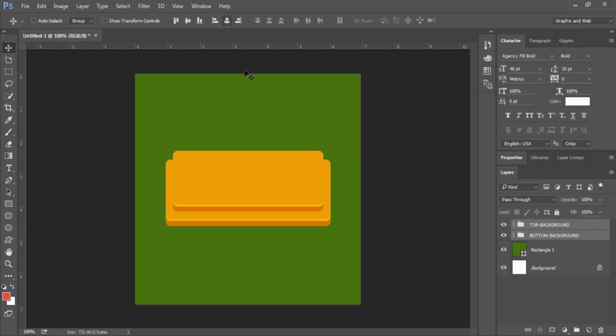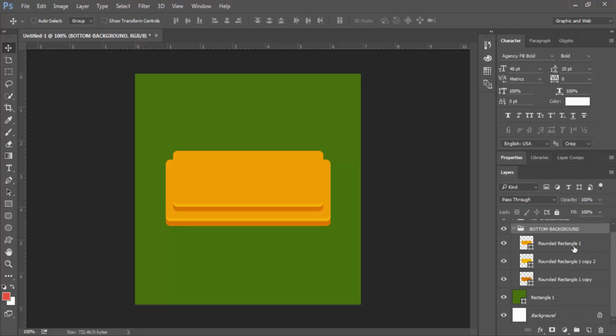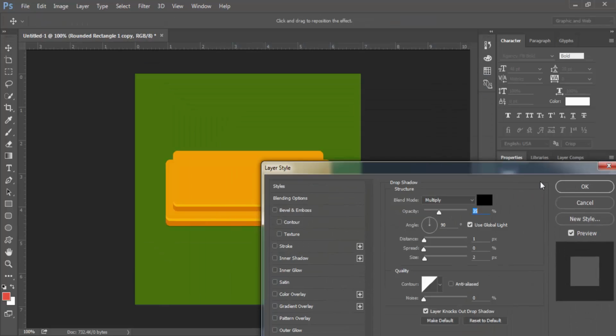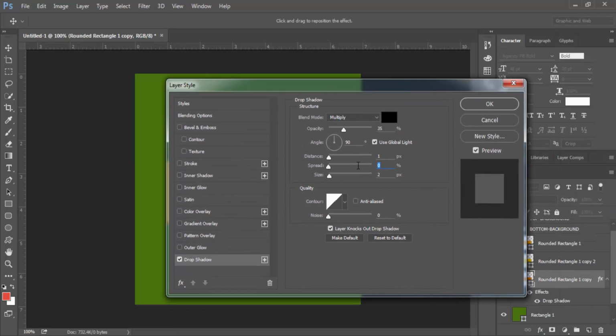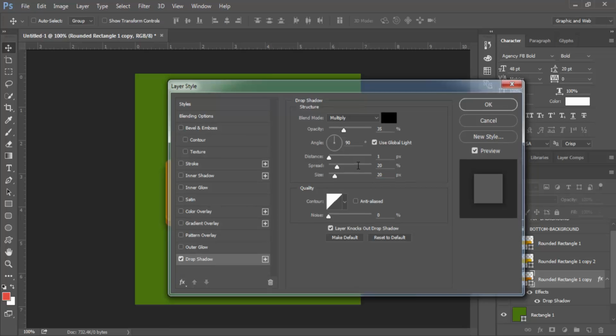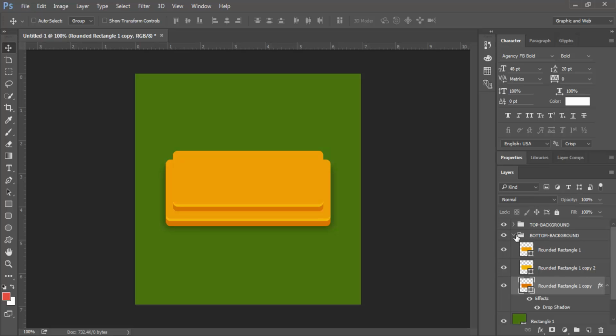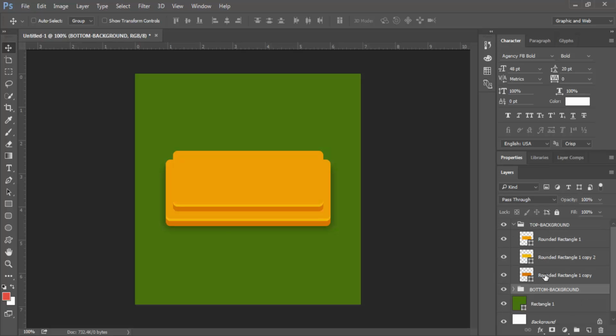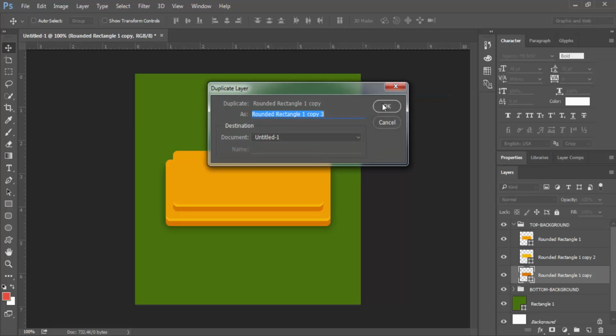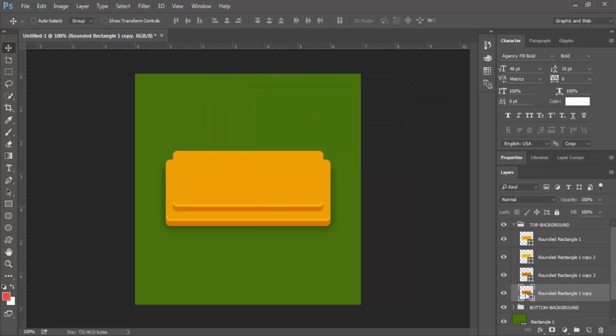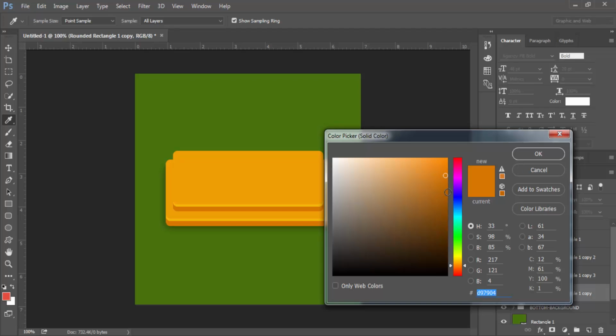Good. In the bottom background group, we're going to add effects, the drop shadow, and set the spread to 12 and the size to 12. Now go to the top background and duplicate this layer and change the color to be dark.